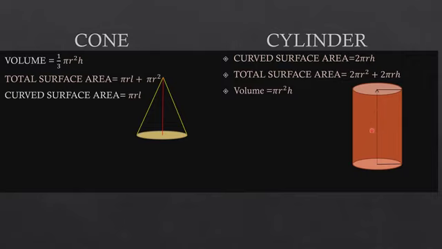So it comes to 2 pi r square, whereas curved surface area is 2 pi r h. So like total surface area, I've told you it's the sum of the curved surface area plus the area of base. So pi r square plus pi r square gives us 2 pi r squared plus 2 pi r h, because we have two circles here. So this is your total surface area and the volume is equal to pi r square h.